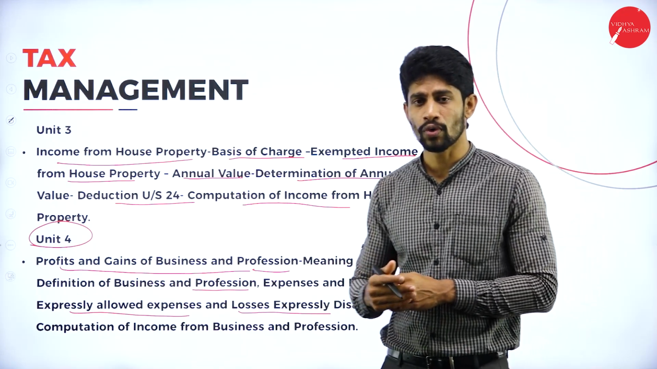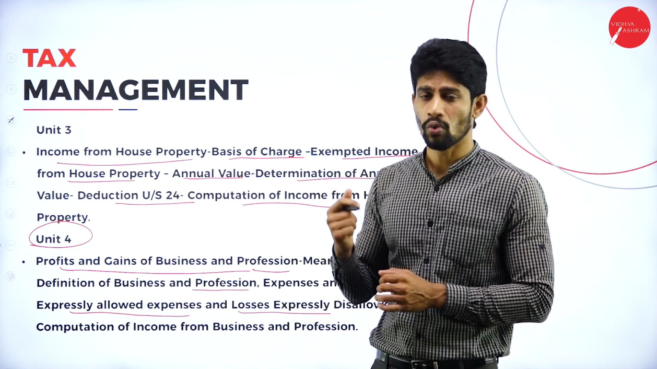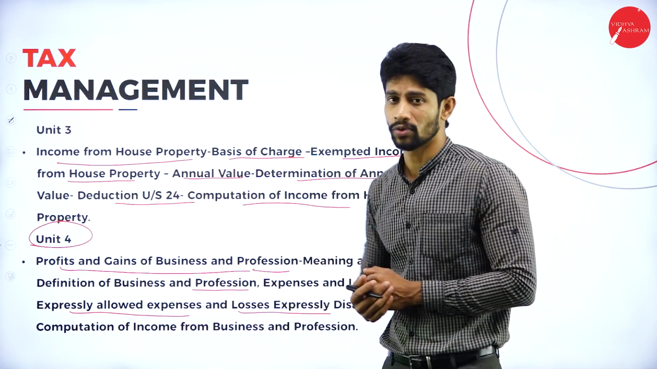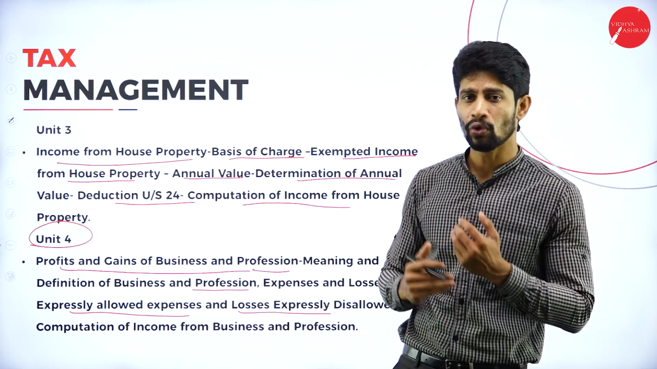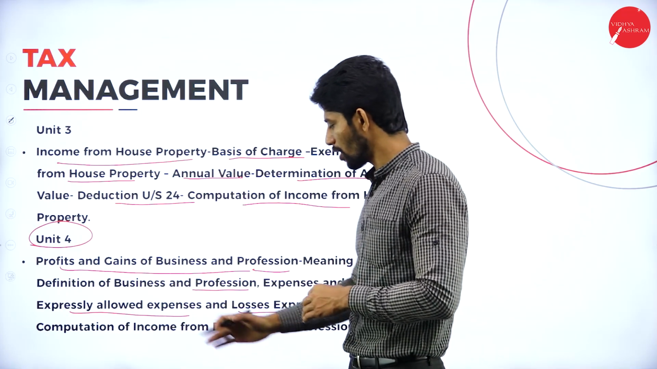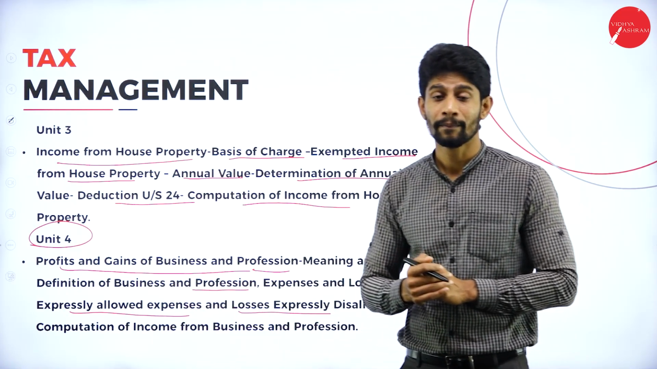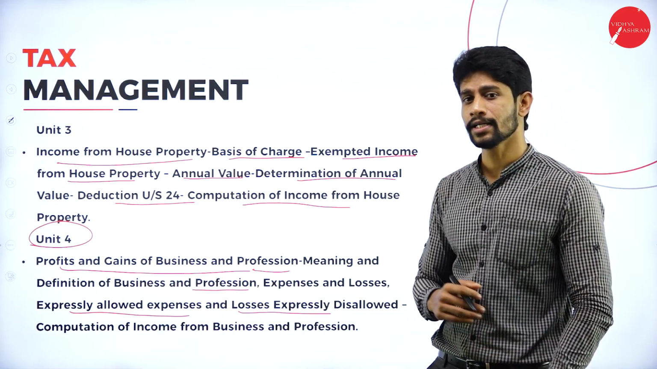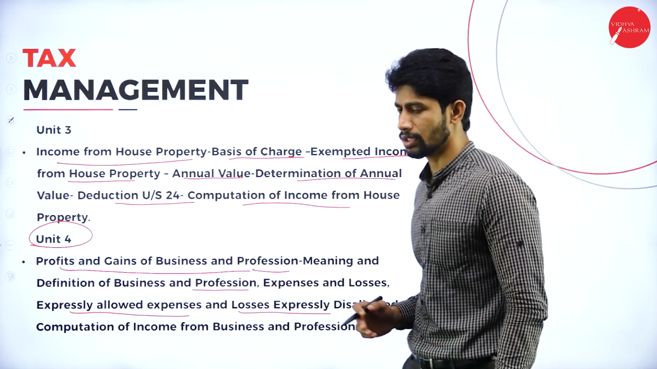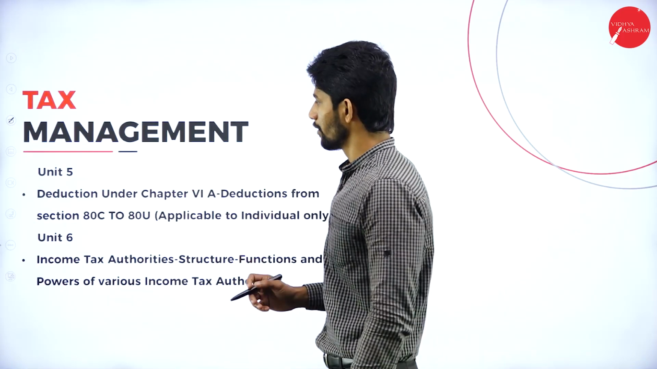After that, we are going to know what are losses, what are expenses, what are the deductions and what are disallowed items. And after knowing the theoretical part, we are going to solve a few problems based upon income from business and profession. This is all about unit number 4. In unit number 5,